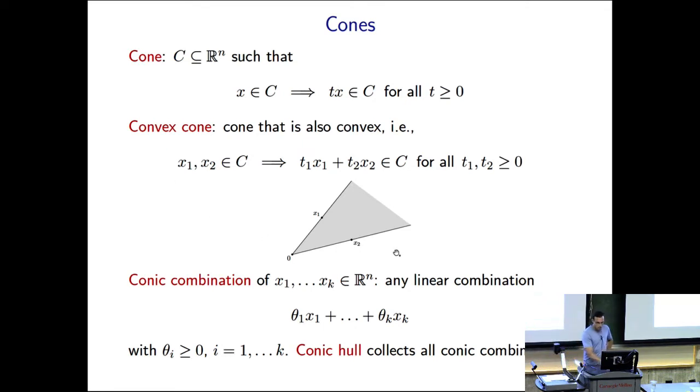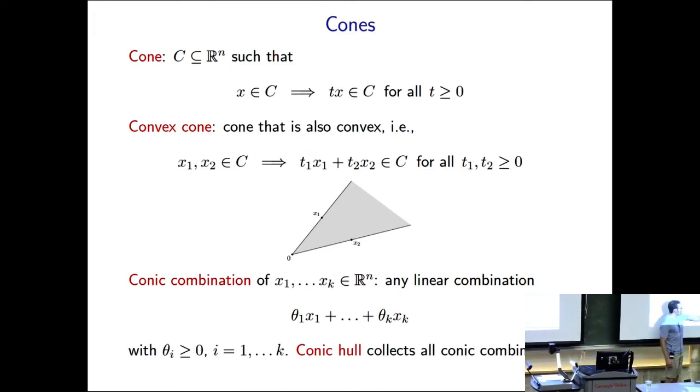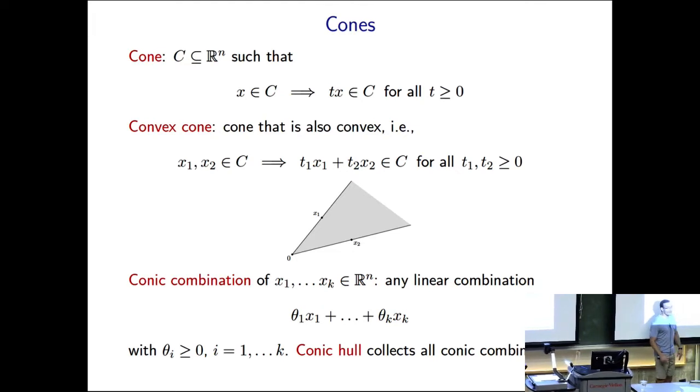Right, so convex cones exclude this possibility, obviously. They're also convex. And we can talk about something called a conic combination of points, which is now a linear combination of points x1 through xk where all of these coefficients are non-negative. So we don't constrain them to add up to 1. We just constrain them to be non-negative. The conic hull of a set, just like the convex hull, the analog for conic combinations, just collects all conic combinations of points. And so by construction,